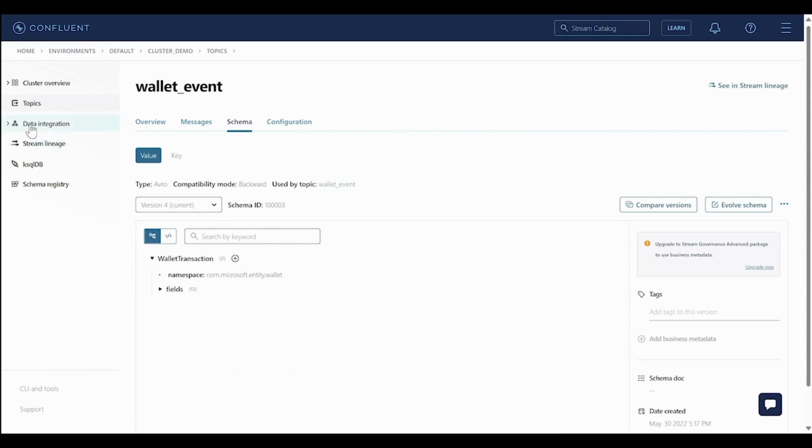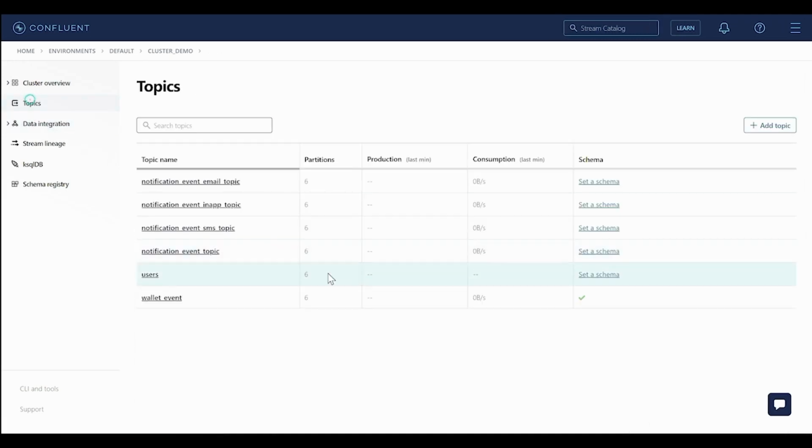Once you successfully save this, the schema gets created and it gets mapped to that specific topic. And here is a view of the topic once the schema is mapped. You'll see a green tick indicating that the schema is successfully created and registered for this topic. Now, before we move on to the code part, also make sure that the cluster has an API key and a secret. These endpoints are needed to configure in the code.